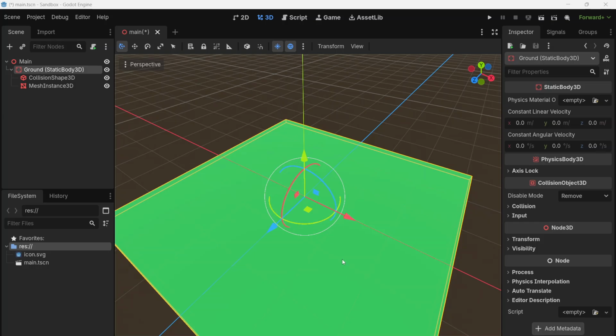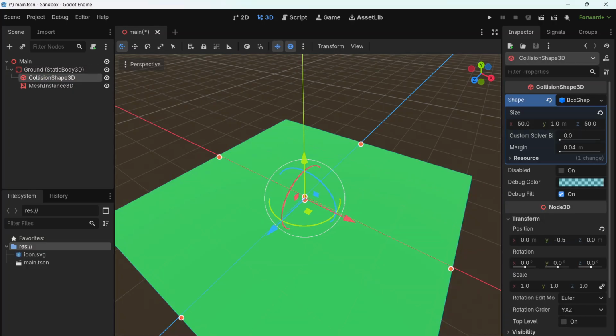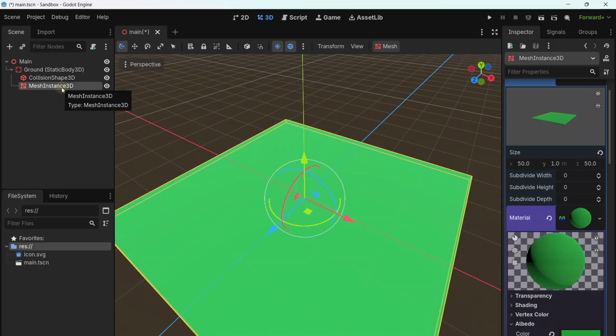Welcome back everyone. So in our first video we created a green ground object in our 3D Godot game. It was called static body, which just means a shape that can't be moved, and it's got the same old two things that every object is going to have inside it. It's got a collision shape, which is a box, and it's got a mesh, which is also a box, but the difference is that I've coloured that mesh in green, so I could click on material, choose a green colour